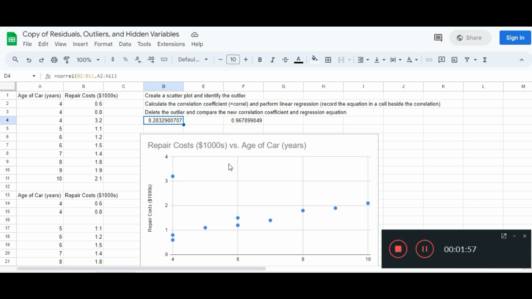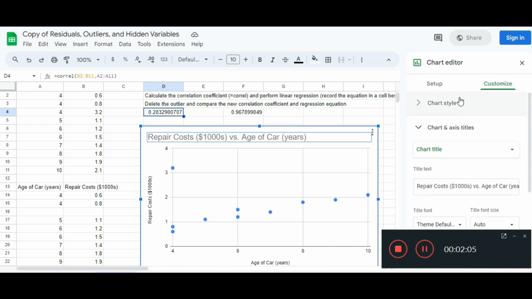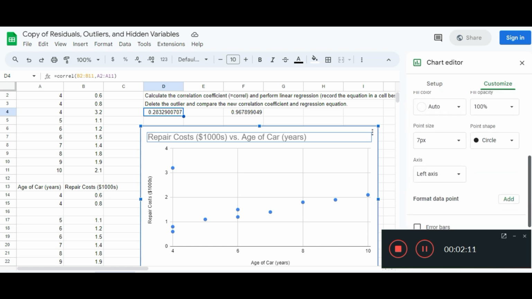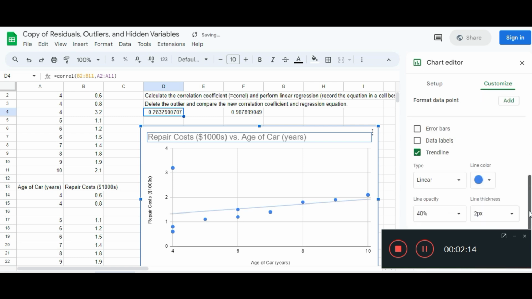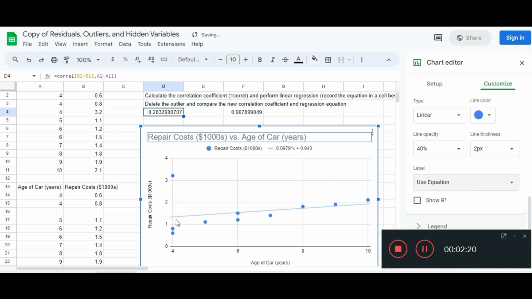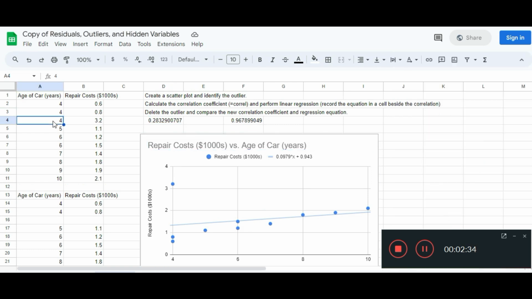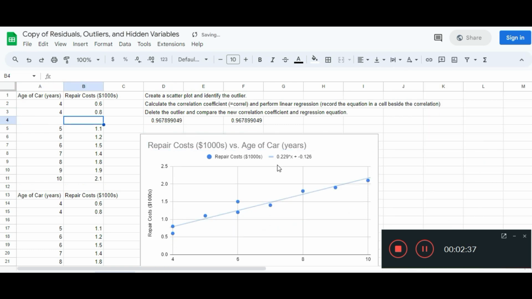It also has a big effect on the line of best fit for making predictions. So if I edit my chart, and go to Customize, Series, add Trend Line, and change my label to Use Equation, that is my line of best fit. So I could use that to make predictions. I'm not sure I'm going to make the best predictions with it because this outlier is dragging that line of best fit. But if I delete that point from the graph, then you'll see how the line of best